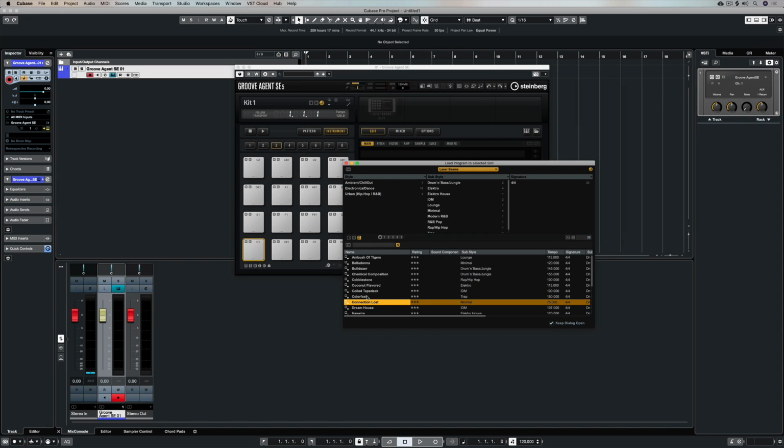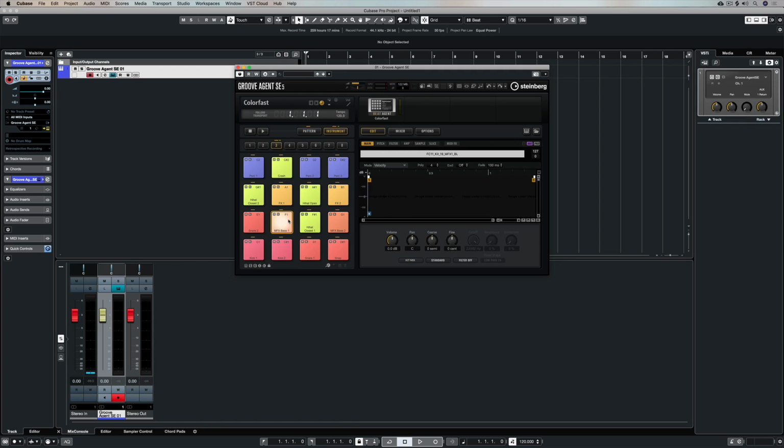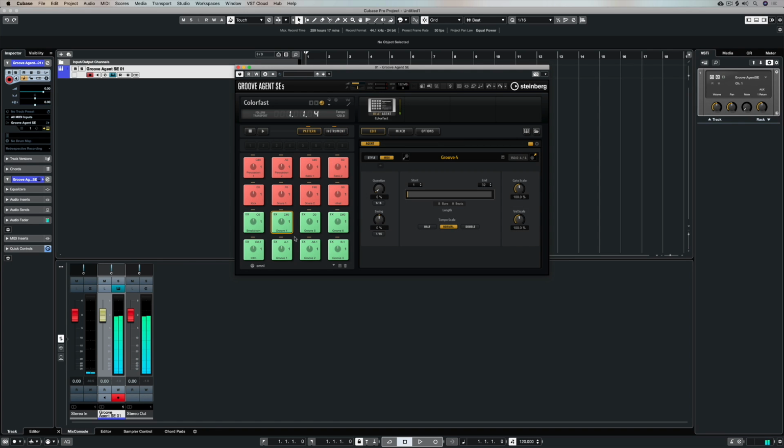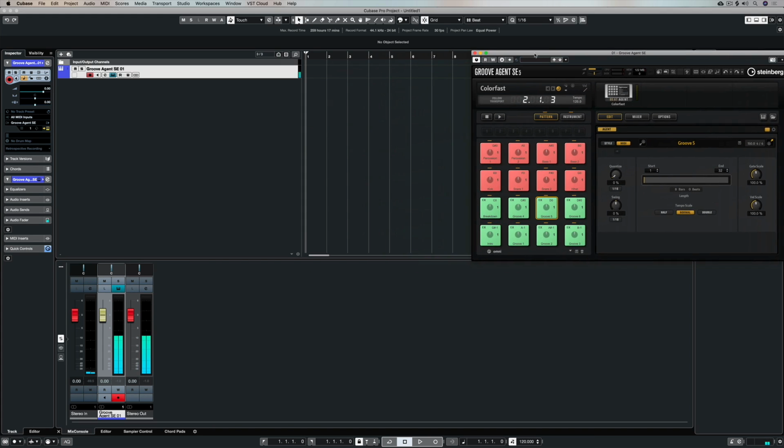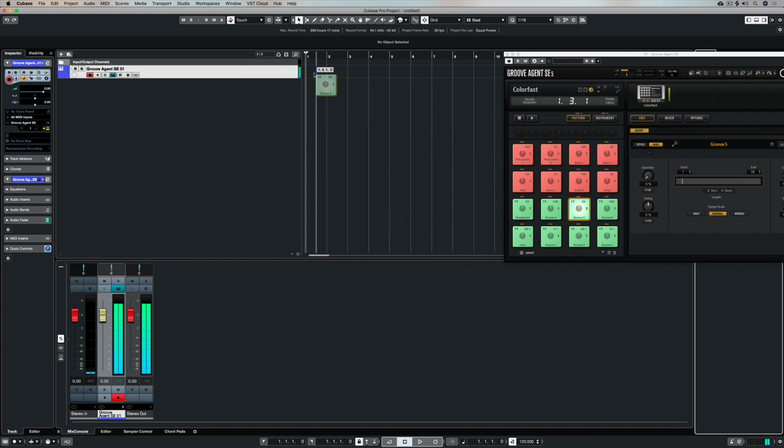Loads of us work with MIDI when we're triggering drums, or we work with MIDI drum parts. And in Groove Agent, you've got two main components. You've got your drum hits and you've got your drum patterns. Now, if you drag a drum pattern straight over into a track or the Groove Agent SE track in Cubase,